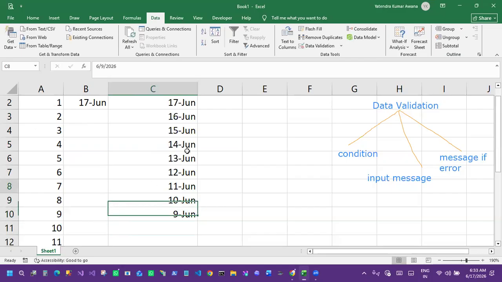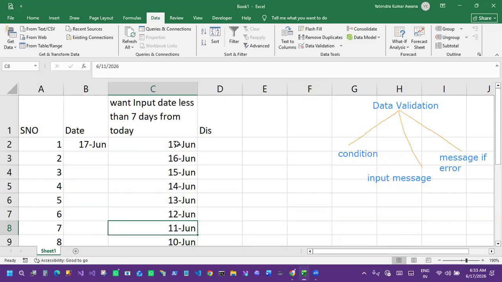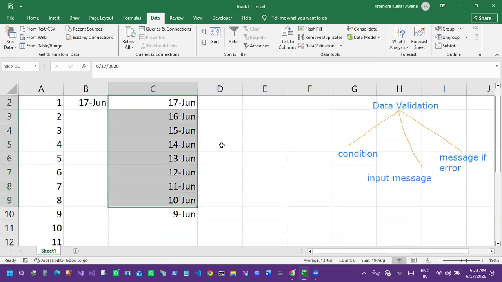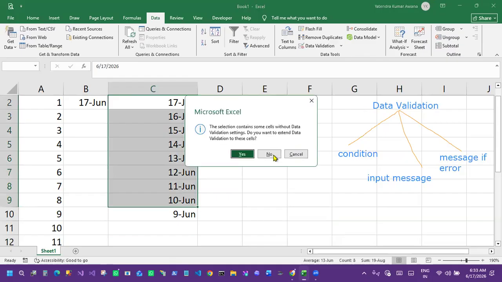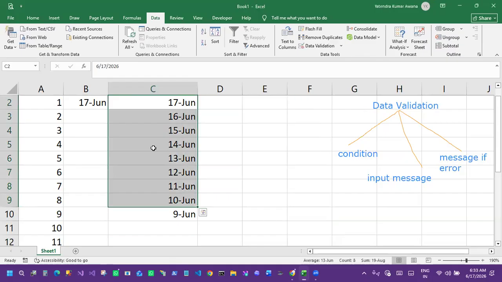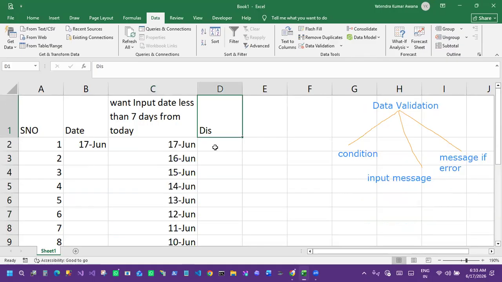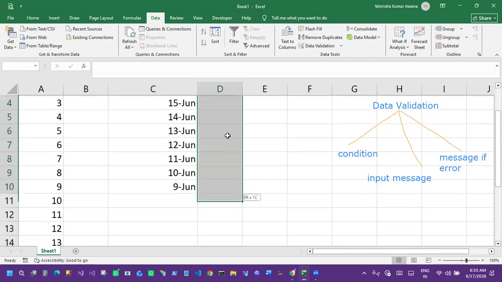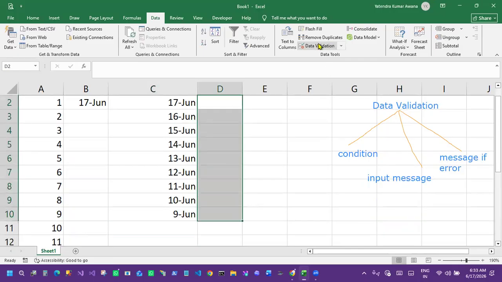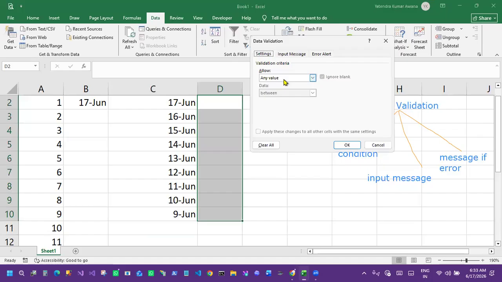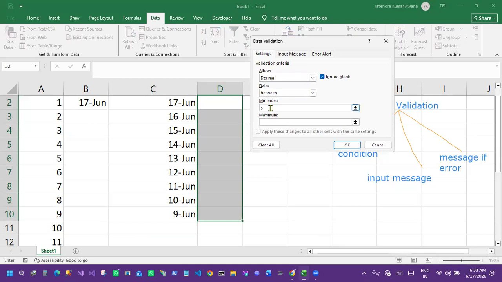Okay. And if you want to put a data validation message, we can also do that. If you want to give the message, we can also give it, right? Now come to the next one, discount. If you want to put a discount, you can take a decimal number, and you can set the discount to be 5% to 10%.